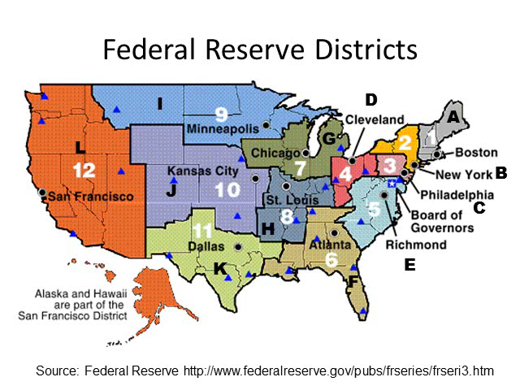District 2, or District B, has its main office in New York City and is referred to as the New York Federal Reserve Bank. This district only includes the state of New York. District 3, or District C, has its main office in Philadelphia and is referred to as the Philadelphia Federal Reserve Bank. This district covers about 3/4 of Pennsylvania.